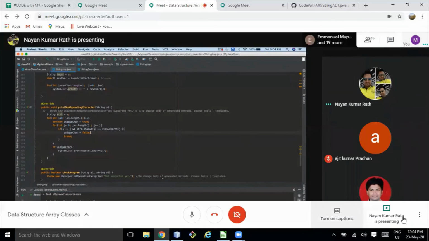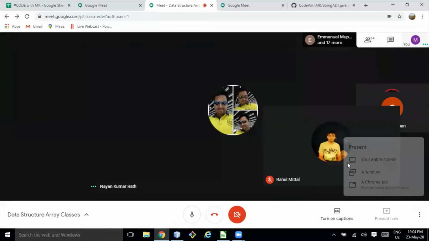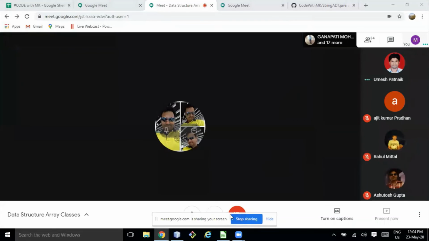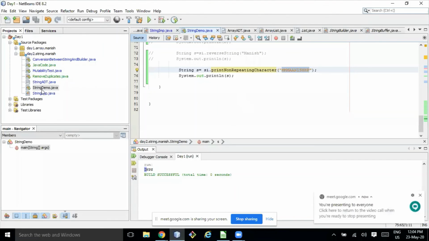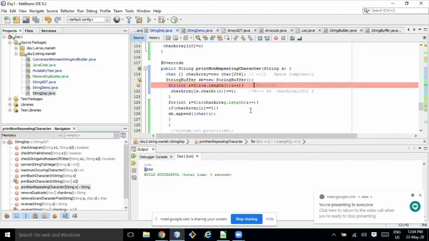Let me share my screen. If you go back to the implementation, here I am looping to s dot length. If the string length is 1 billion, I am looping a billion times.